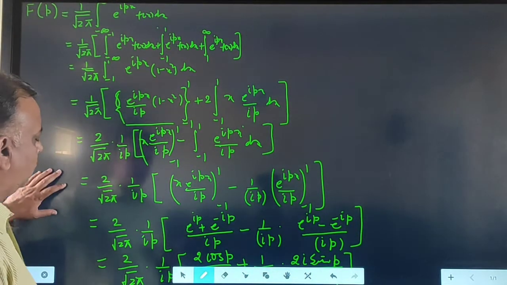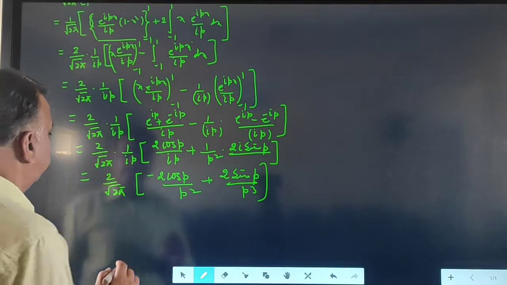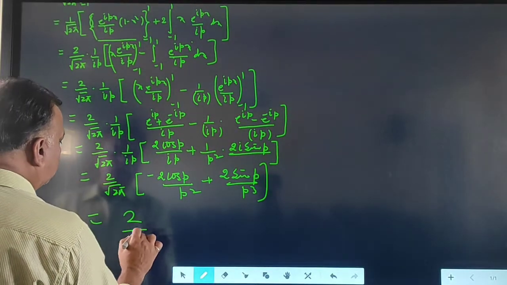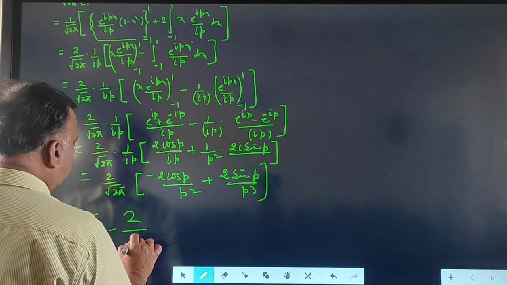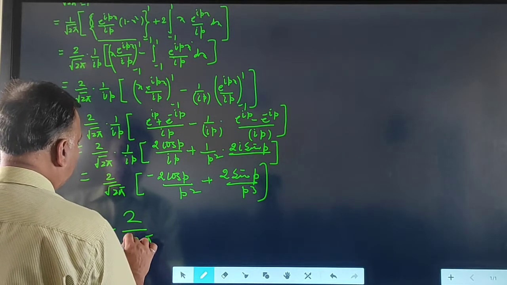So this is equal to 2 upon minus of 2 upon 2 pi,